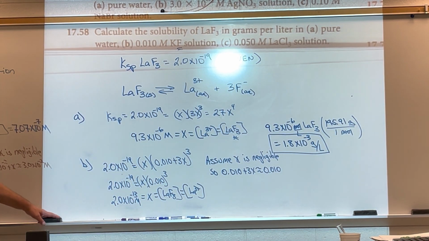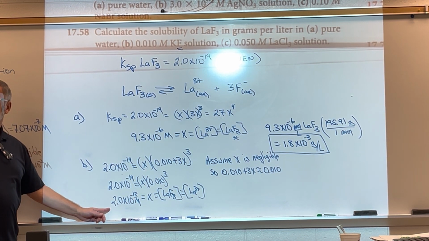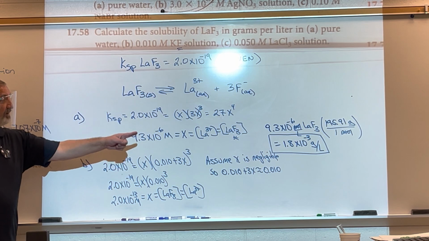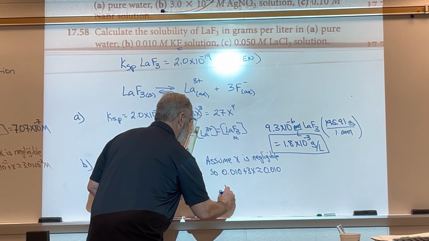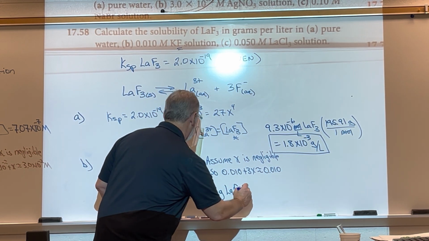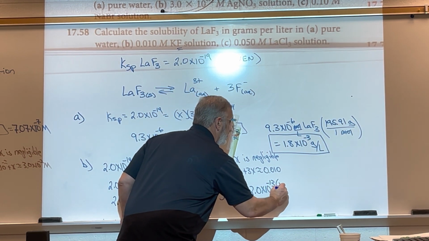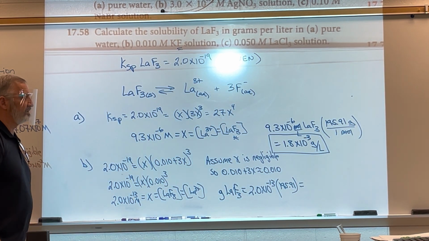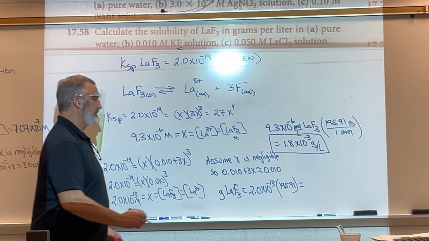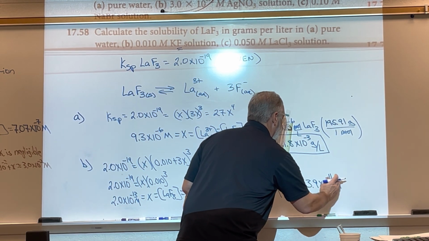Okay, but again, it wants grams, so what will we have to do to this? How do we convert it to grams? Molar mass. So we just multiply by the 195.91 again, right? That is equal to 2.0 times 10 to the minus 13 times 195.91, and that equals 3.9 times 10 to the negative 11. That's grams per